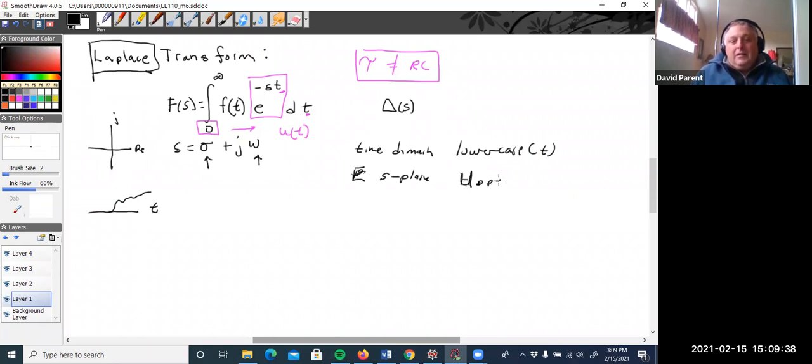Uppercase of S. So I want to find the delta function, and I want to find the Laplace transform of the delta function. So that would be capital delta